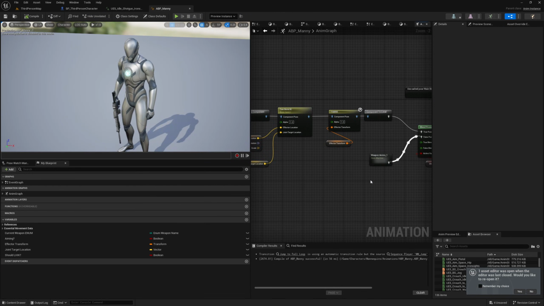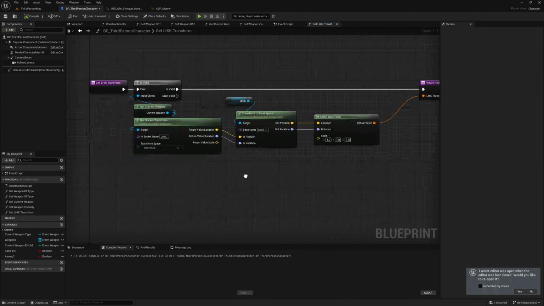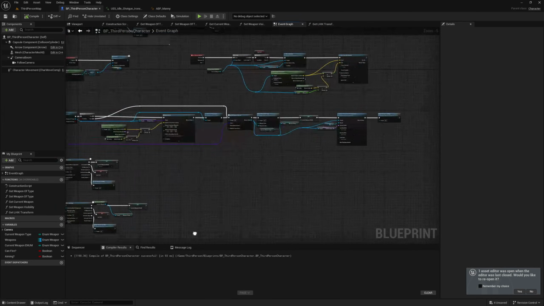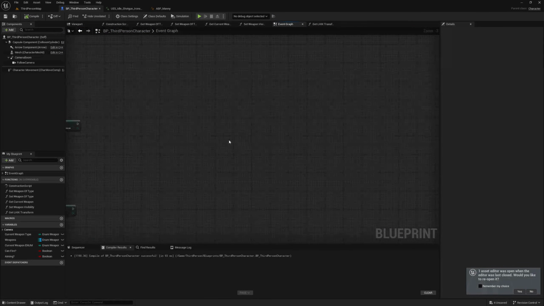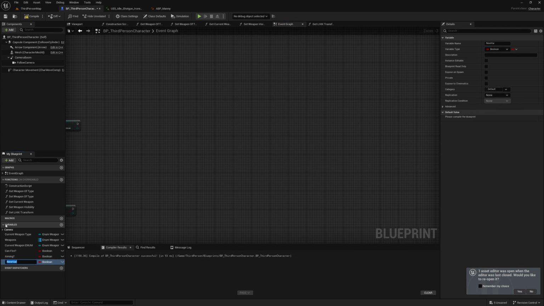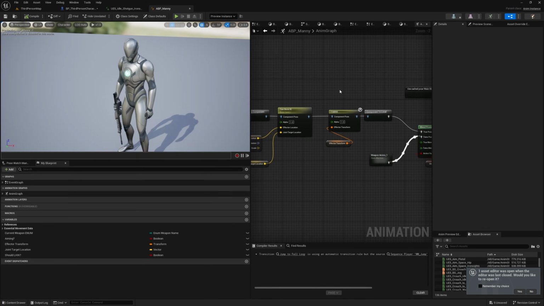So I'm going to go to my third person character and the event graph, and we might put this in a function. I'm not going to go into super personalized ways of turning this on and off. It's really up to you. I'm just going to show you how you can have control over it. So I'm going to also create a variable in here called should left hand IK question mark of type boolean in my character's blueprint. And then in the animation blueprint, what I can do is go to the event graph,